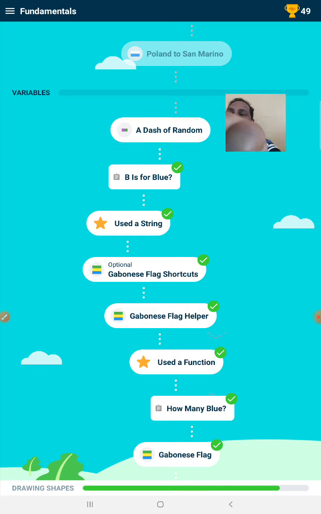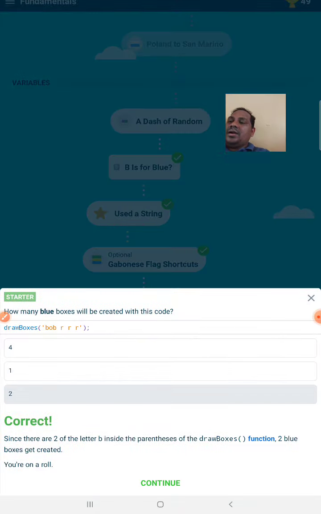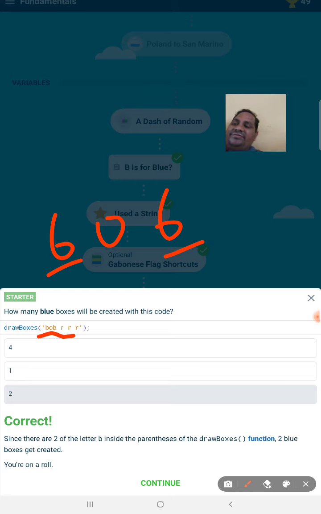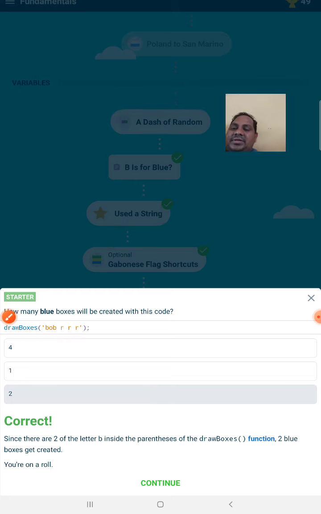Okay, B is for blue. So how many blue boxes? So there is a question, how many blue boxes will be created with this code? How many blue boxes? Yeah, can you tell? Two. Yeah, two is the correct answer, because you can see BOB. So BOB. Okay, so 1b, 2b. Okay, fine. So next,